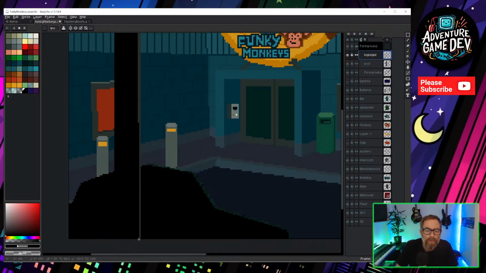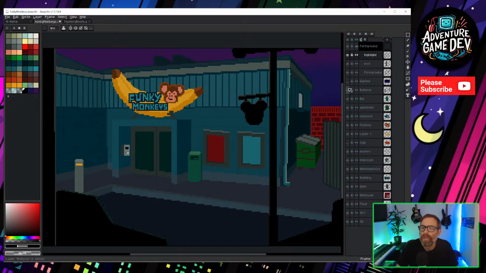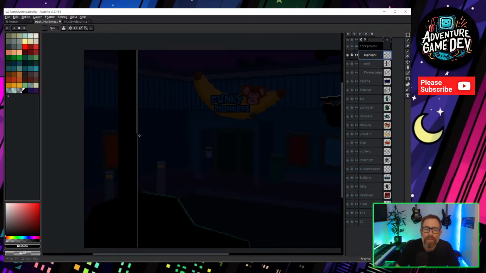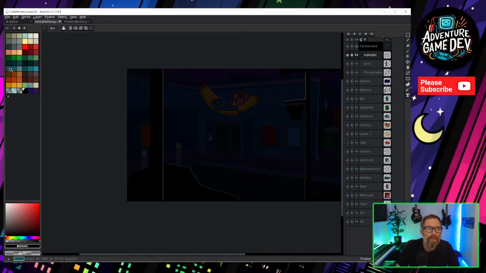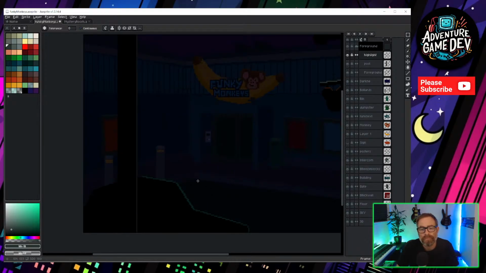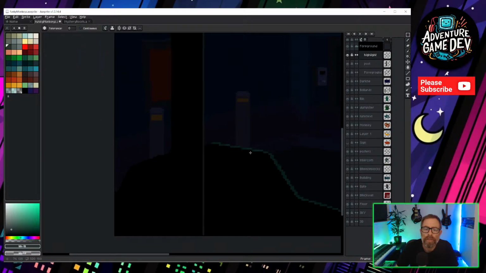I think we probably need to take some of this off if we are going to go with moonlight. Yeah, it's really hard to tell until we get the lights in, but you see it's really dark like that. Just pare that back a little bit. In fact, it could probably do with being darker, that one. Okay, I think I'm happy with that for now. Could perhaps just take a darker green to that as well.